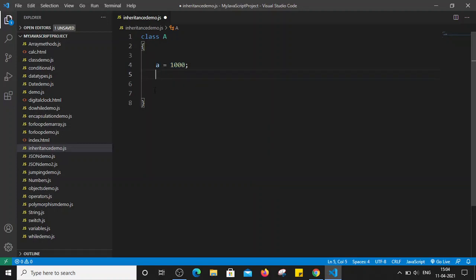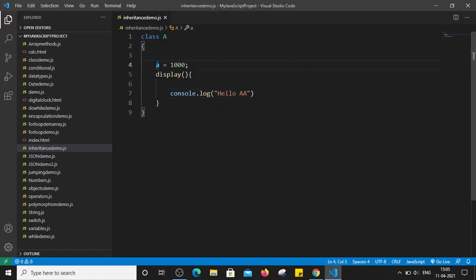Similarly, this class A can have one method. Let's define one method, display, and let's simply print hello AA. So this method will print hello AA whenever the display method is called.